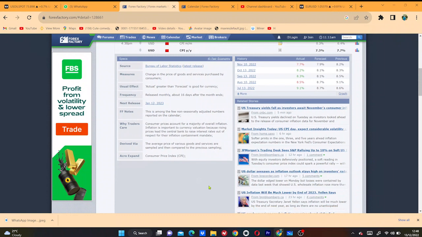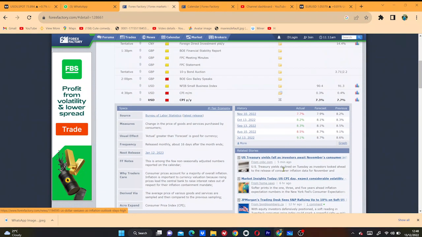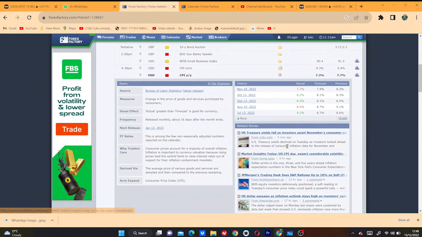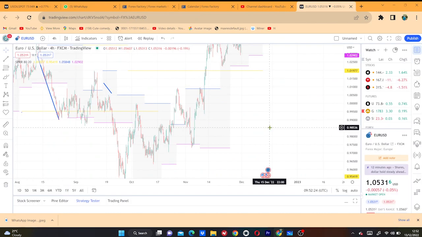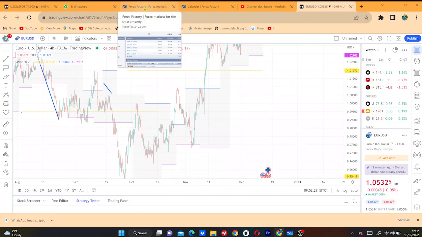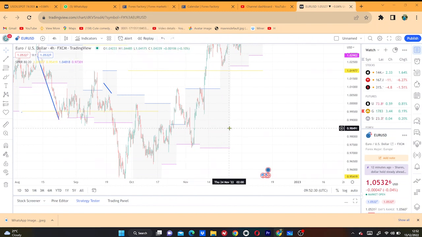So for the currency, we are going to assume something over here. I'm going for the monthly one, the first one here, to know what the money will be doing. So maybe you can take the action when you see the CPI, and maybe you can wait for one week. You can enjoy a good profit out of that. I will see you in the next one. I hope this was simple.